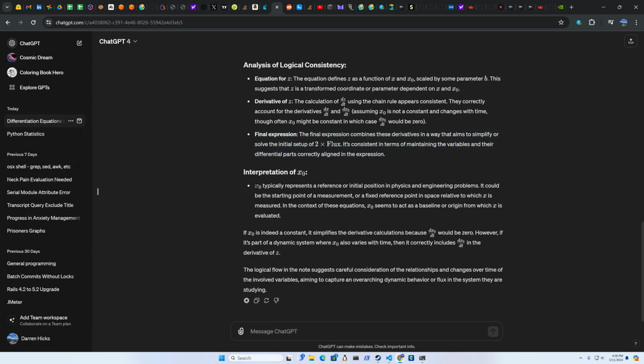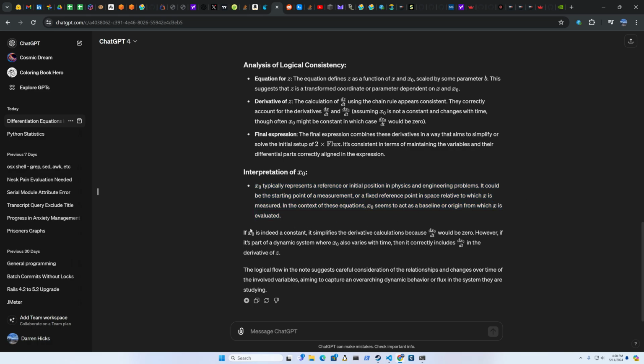Interpretation of x0. x0 typically represents a reference or initial position in physics and engineering problems. It could be the starting point of a measurement or a fixed reference point in space relative to which x is measured. In the context of these equations, x0 seems to act as a baseline or origin from which x